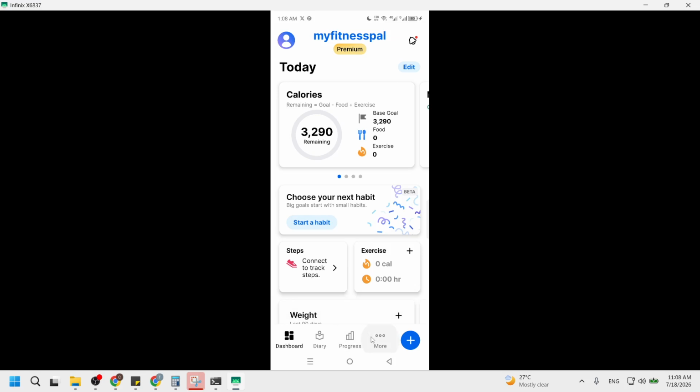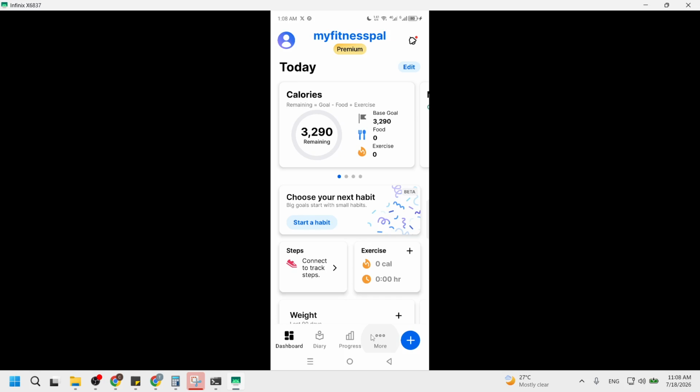You will see the familiar interface filled with vibrant colors and engaging features that help you stay on top of your health journey. It's essential to start here because the logout process can only begin once you are in the app. A simple tap on the app icon will set everything in motion for your logout.